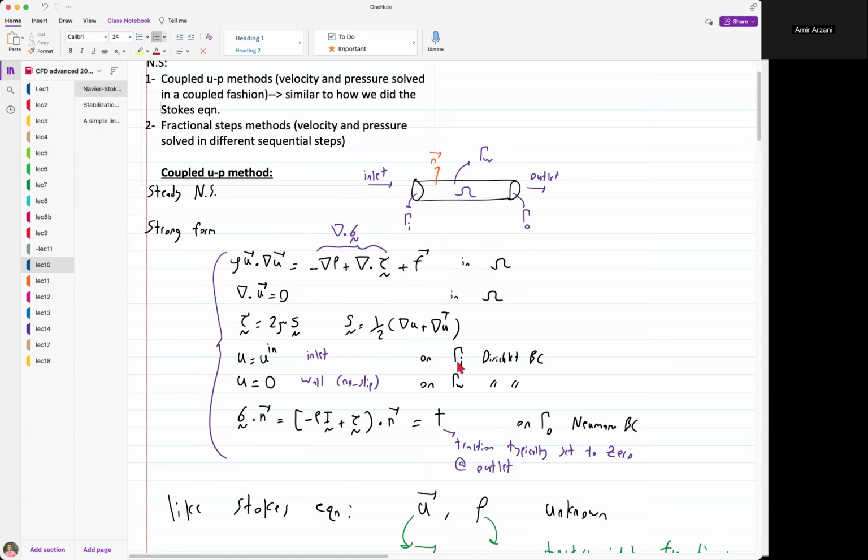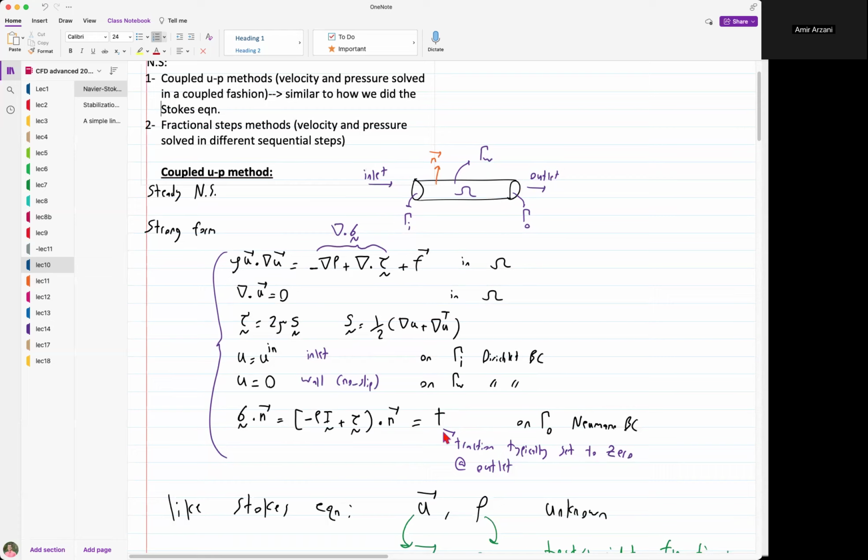We can define an inlet boundary condition, where we prescribe velocity. So that's our inlet, Dirichlet boundary condition. On the wall, we have the no slip condition. So that's also a Dirichlet boundary condition. And then on the outlets, we typically impose Neumann boundary conditions. So some form of traction, as we discussed previously. And typically, zero traction is a common choice for outlet boundary conditions if you have only a single outlet,